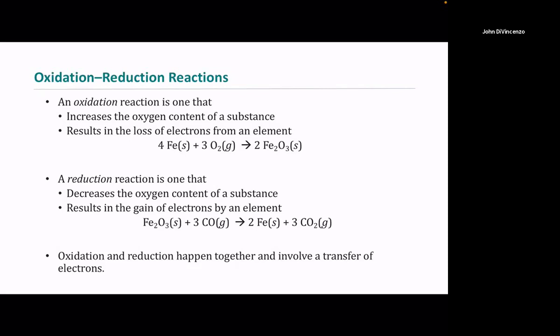It results in the loss of electrons from an element. Well, those electrons have to go somewhere, right? They're not just flying around. We said before that the only time we have naked charges, for lack of a better word, flying around